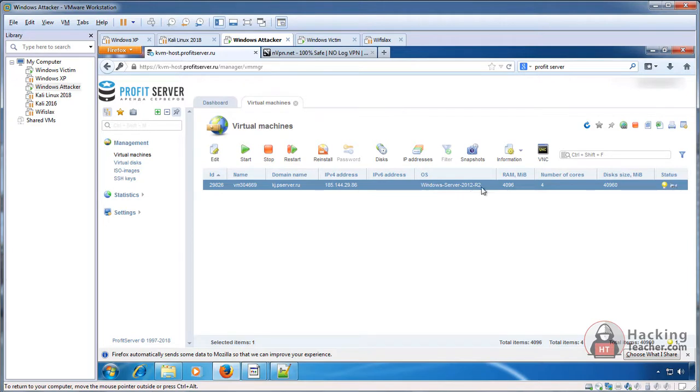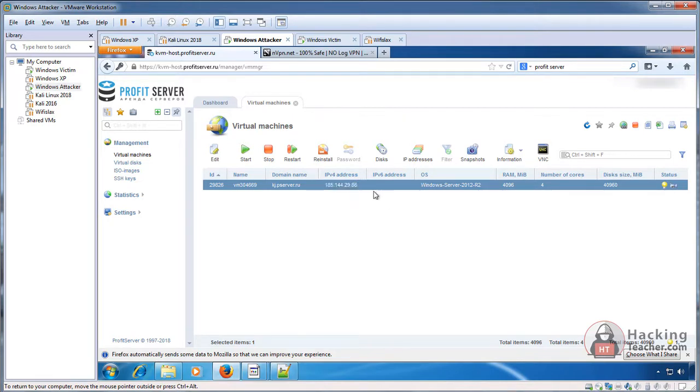I have bought Windows Server 2012, 4 GB of RAM. If you see, same plan, the last plan, Uber. I think it's $17 or $18, 4 cores, and that's the IP address, the static IP of the VPS. It will never change.